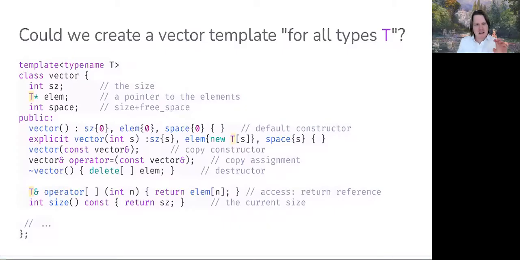That is, could we somehow design our class such that we could instantiate it for the various types of objects that we would like to store in this vector? And the answer is yes. And we'll see here that class templates allow us to do that by leaving open the types for some of our data members, such as elem, as well as for some of the parameters, as well as local variables presenting